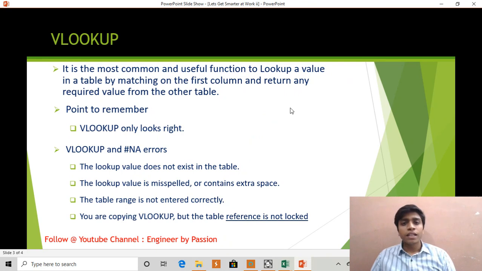So friends, we saw VLOOKUP, how to do VLOOKUP. We saw the exact match as well as the approximate match. Along with it, I told you all the possible errors which can result in getting a wrong value in the VLOOKUP. I hope this was very clear and you can gain a lot of confidence in VLOOKUP now.